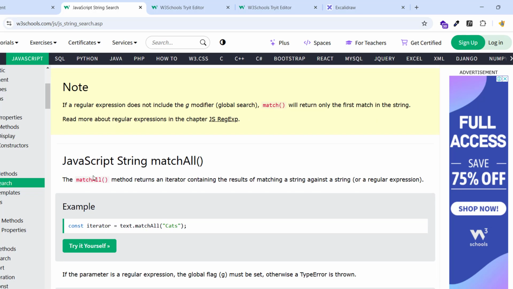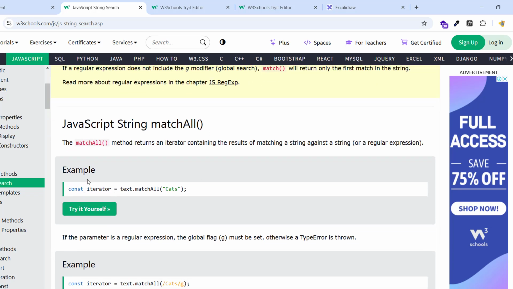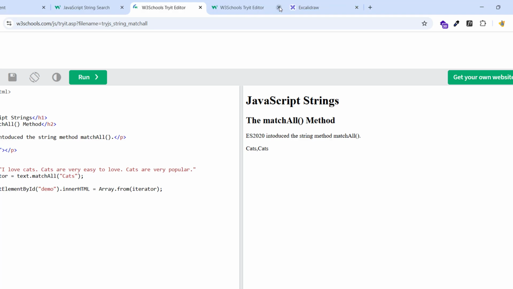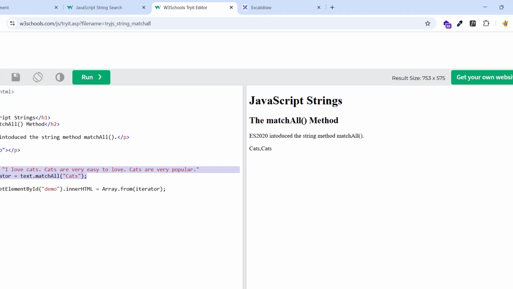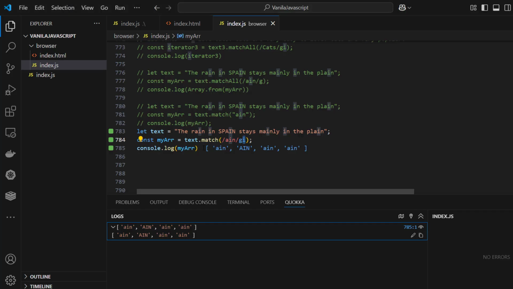Next, matchAll. So matchAll is almost the same, but it will return an iterator. The matchAll method returns an iterator containing the results of matching a string against a regular expression. So what will happen over here? We have the cats. So if you don't use any regular expression over here,